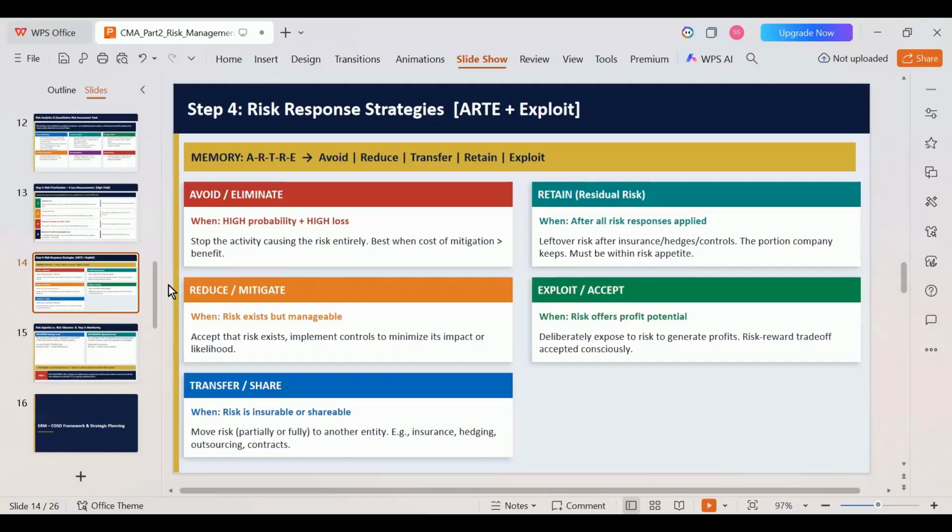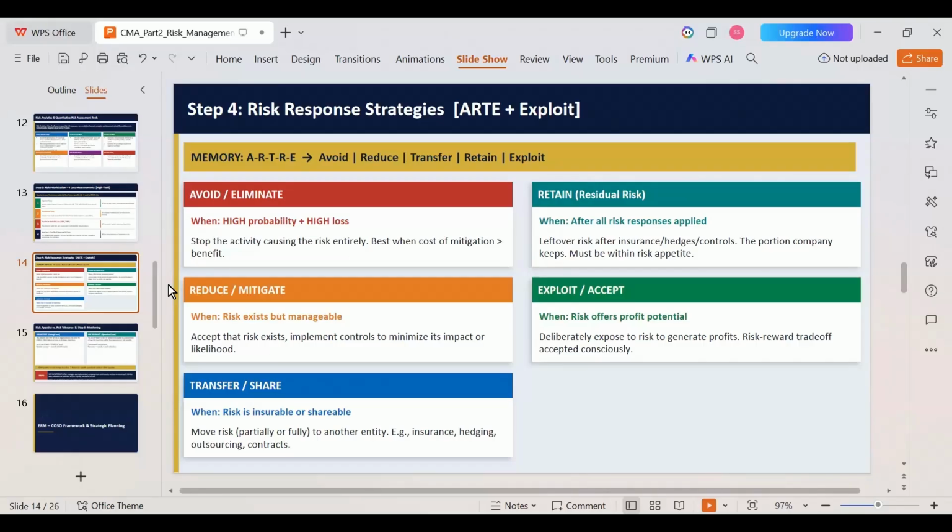The prior example which we took was the firecrackers firm. They had bought an insurance for 1 million, but they found a loss due to fire accidents of 1.5 million. So this is an example of partial transfer of risk. You are transferring it only up to a level of 1 million; 0.5 million, you are still retaining. Or you can fully transfer as well. You can buy an insurance for 1.5 million. Then you will be completely transferring this risk to the insurance company, provided we are paying the regular insurance premium.